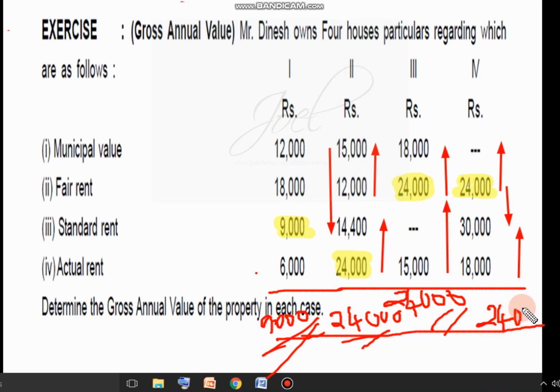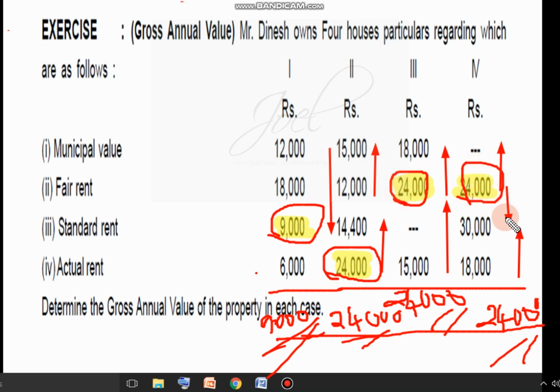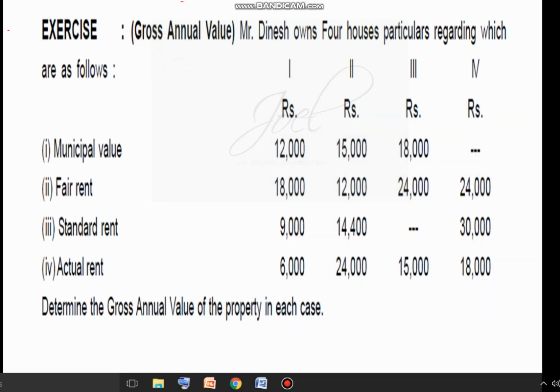So in this way we'll get the solution. See the thing and solve the problem. Here it is 9,000, second case 24,000, third case 24,000, fourth case also the same. These are the kind of problems you can expect for section A. For section A you may get this kind of problems. Write it in your book, solve this separately. You need not send it to me, but write it in your book and keep it neatly.